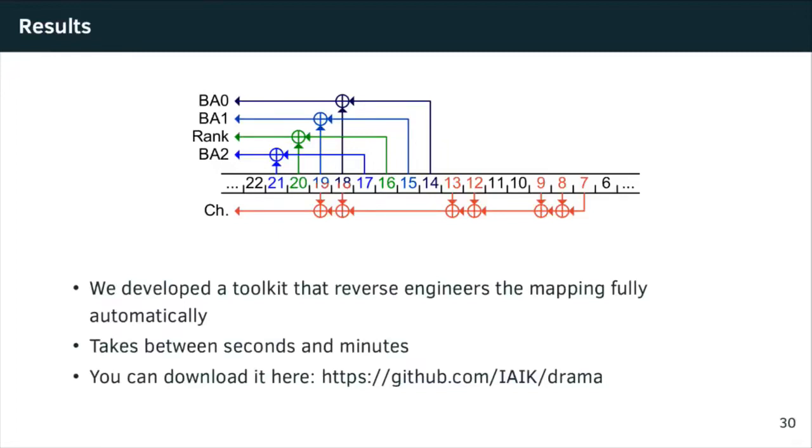And you can just right now pull the repository, compile a program, run it on your computer, and hopefully until the end of the talk you will have the mapping function, and you can compare it to the ones we have in our paper. And we did it for a few machines, so if you have the same machine, you will hopefully get the same mapping function. For new machines, you get new mapping functions, so you can really try that out. You don't have to do anything, just start the program and wait.